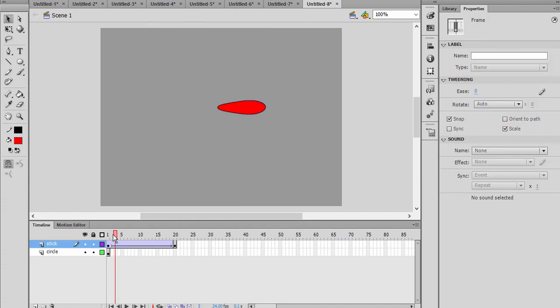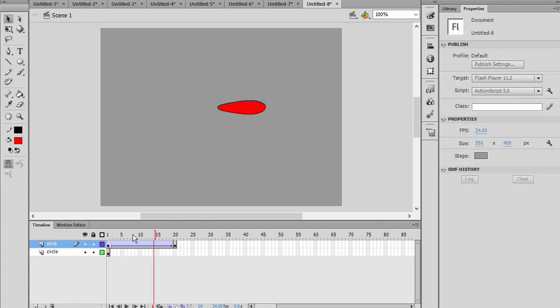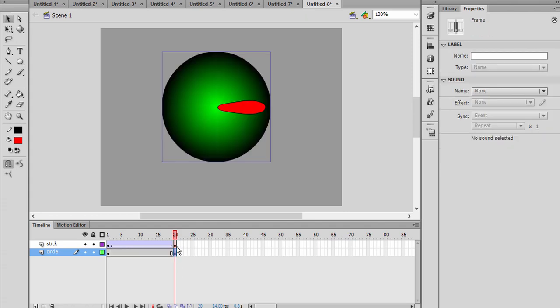so here we go. We did this part, but as you see, the circle disappeared after the first frame because it doesn't exist in the rest of the frames. You can select the last frame of the circle and press F6 and it's going to place it in all of the frames. Okay,